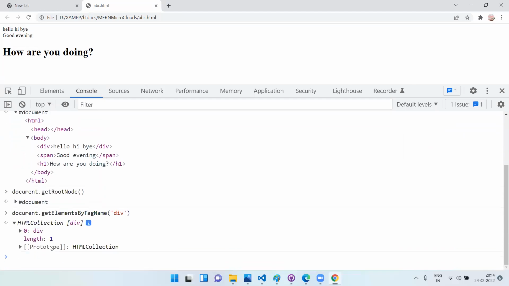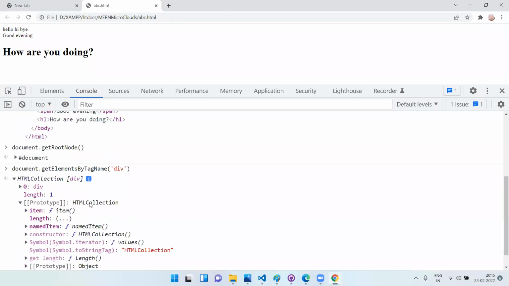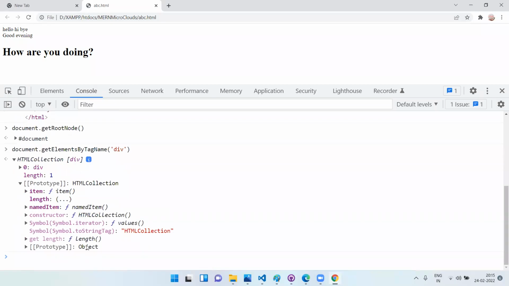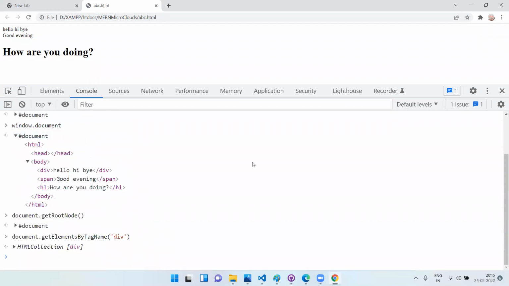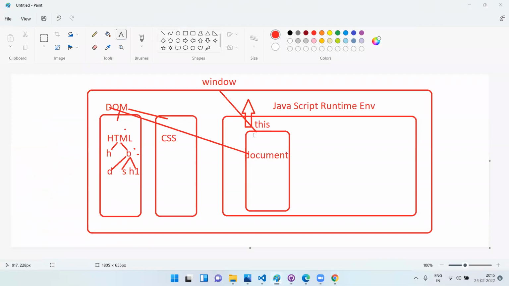See, what is the length? 1. How many divs are there now? Only one element inside this HTML collection. Then what value it is holding, what prototype, all these things you can get. Otherwise, if you are defining an ID,